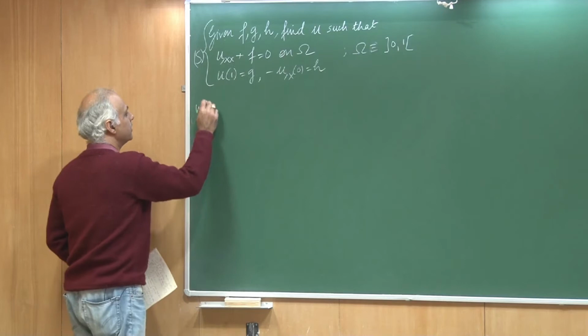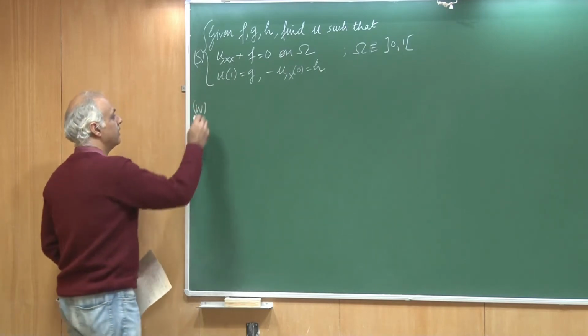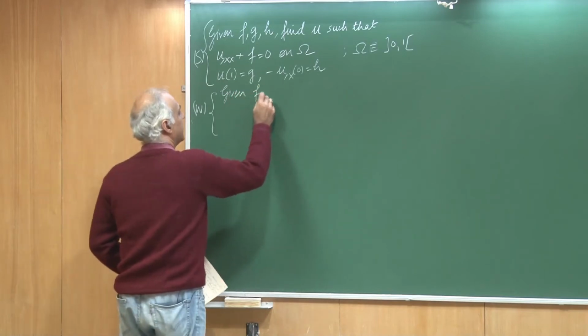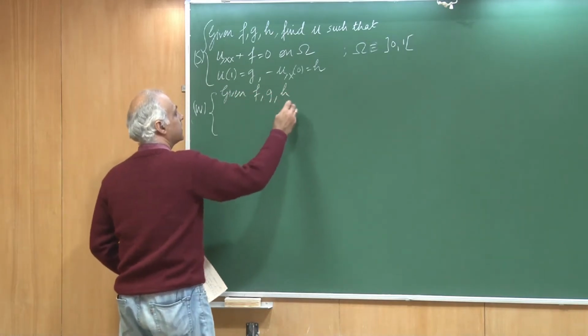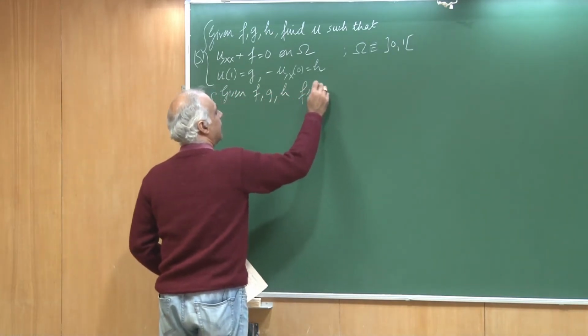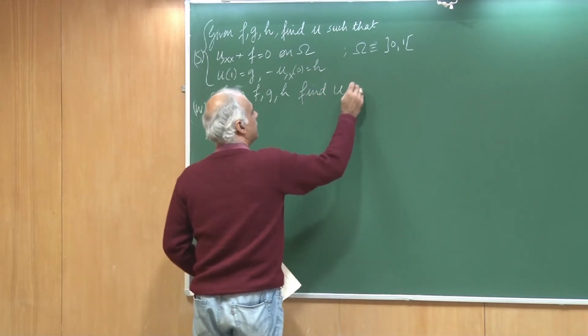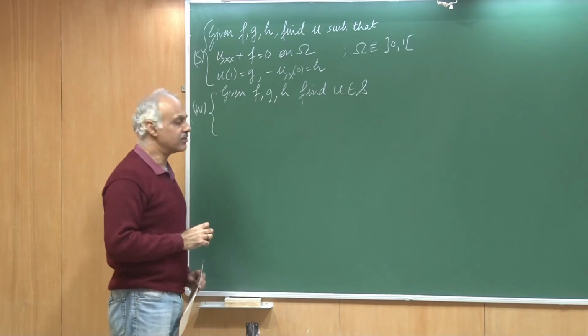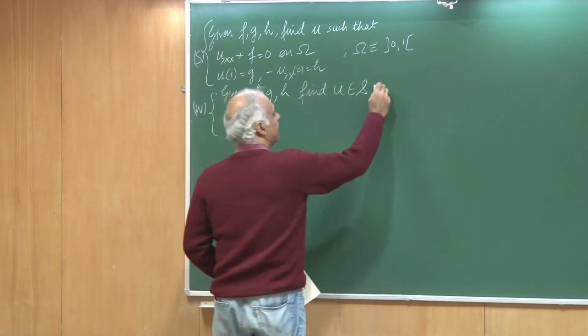Then we proposed something called the weak form, wherein we said again given f, g and h, I am supposed to find a u that belongs to the solution space, and I am going to define the solution space for you, such that